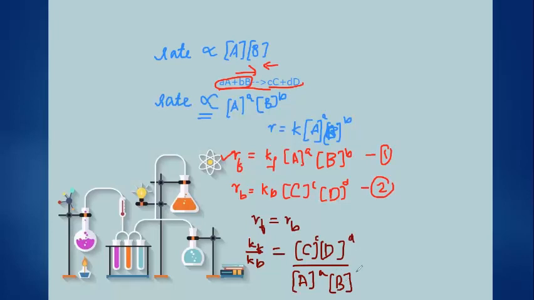Since a constant divided by a constant will obviously give you a constant, we get the equation which we had seen earlier, that is Kc equals